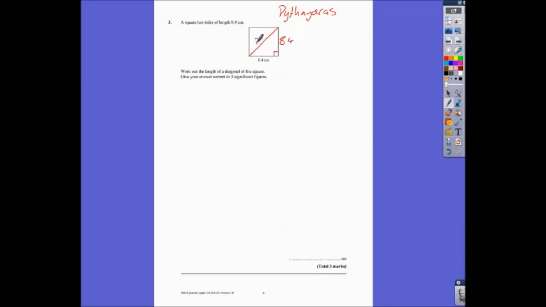So if we call that x, Pythagoras says that hypotenuse squared, or x squared, is equal to 8.4 squared plus 8.4 squared in this case. So x would be the square root of 8.4 squared plus 8.4 squared. Now, when you put it in your calculator, make sure the square root goes over all of that, or you put it in brackets, depending on which calculator you've got. And if you put that into your calculator, you should get